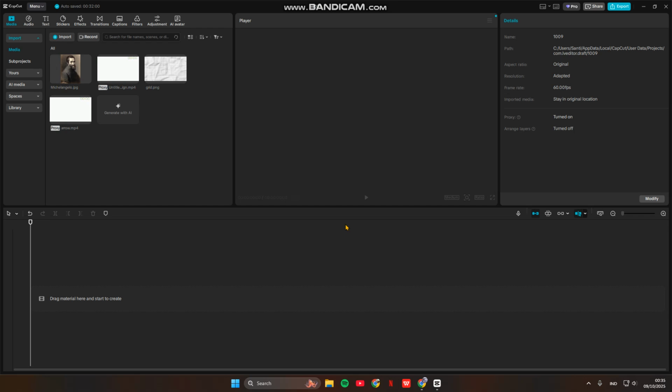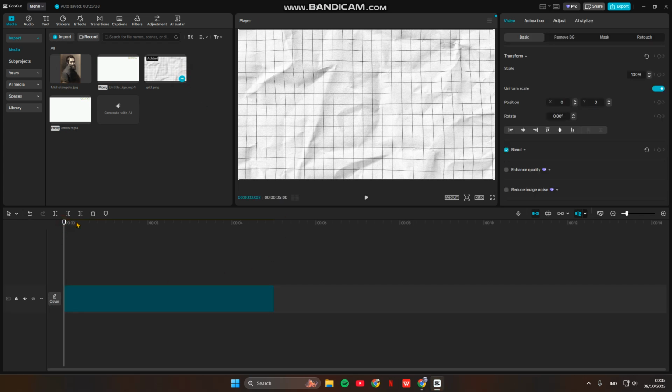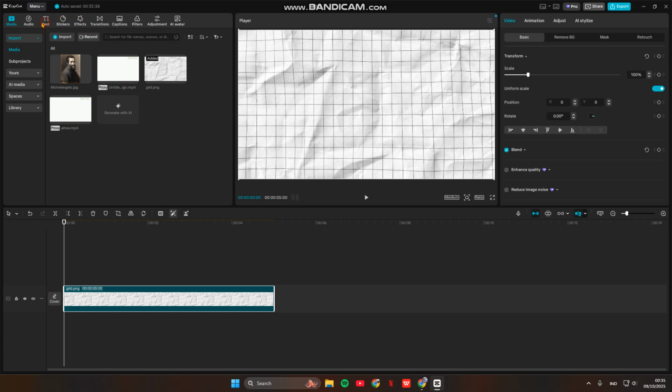So on today's tutorial, I'm going to show you this viral motions edit using CapCut PC. So if you want to learn how you can edit these viral motions effects in CapCut PC, here I'm going to show you step by step through everything you need to know. So first, you can just prepare the materials. Here I'm using this grid image as the background, and now I'm going to add text,